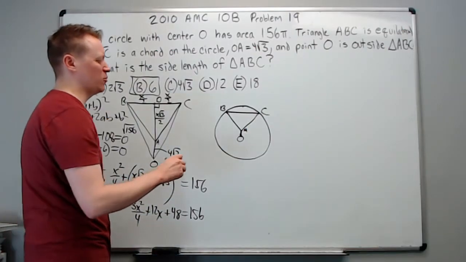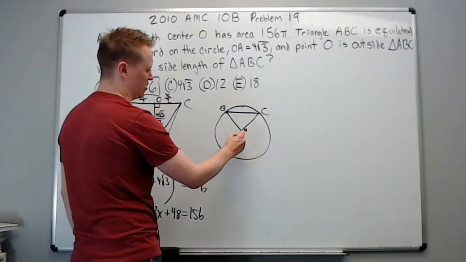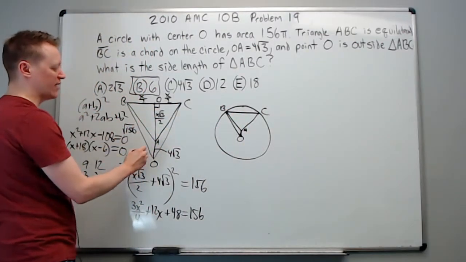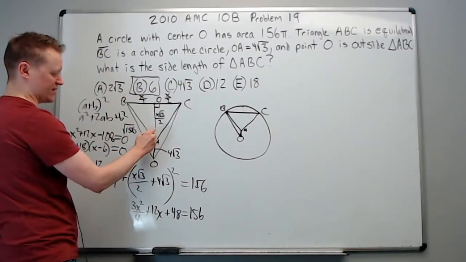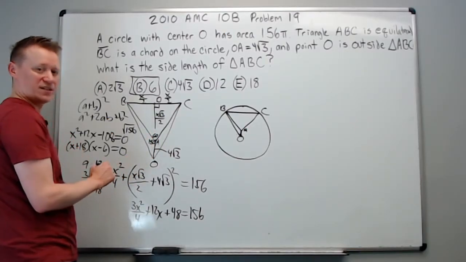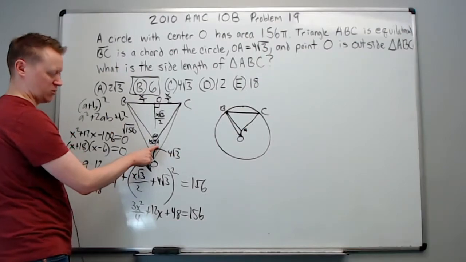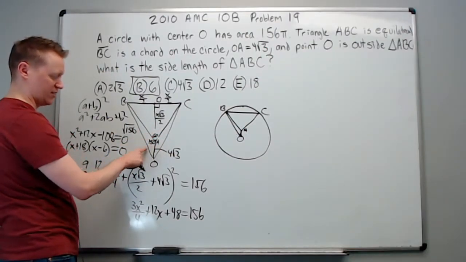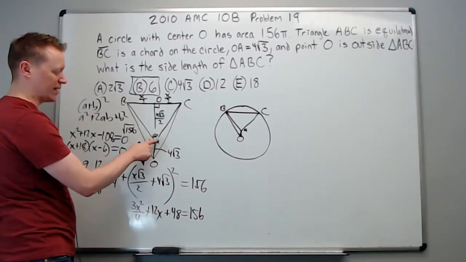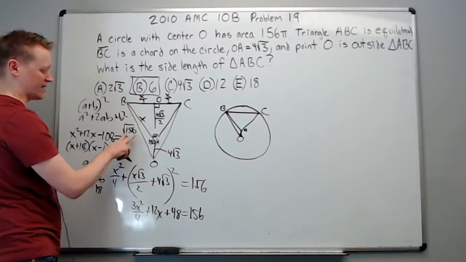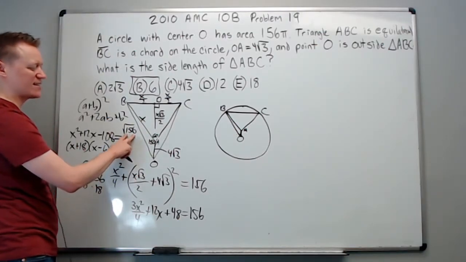The second method would be if you were to connect O to B and O to C like we do here. This angle, since this is 60, right, this angle must be 150. Why? Because 150 plus 150 is 300 plus 60 is 360, and we have a full 360 degrees about point A right there. If we know that, we can call this x and this root 156, and we can use